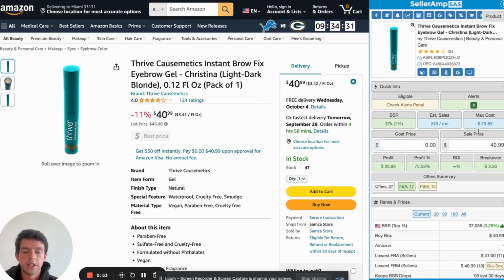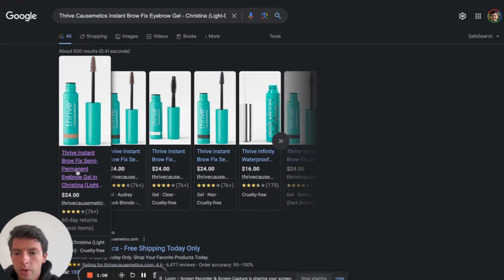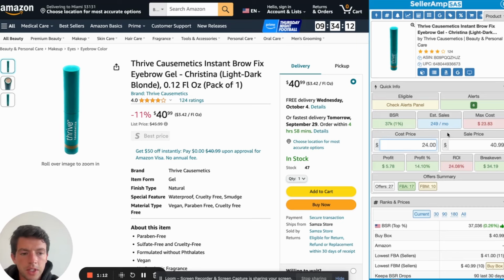Right, and this factors in shipping costs, shipping to Amazon, shipping from the retailer, product cost, sales tax, Amazon fees, everything like that, right? So we just went ahead and Googled this with SellerAmp, and we can see over on the Thrive Cosmetics website, it's $24, right? So we can pay 24 bucks right here, right? So at a $24 cost, that puts us right below our target profit, which would honestly still be fine for